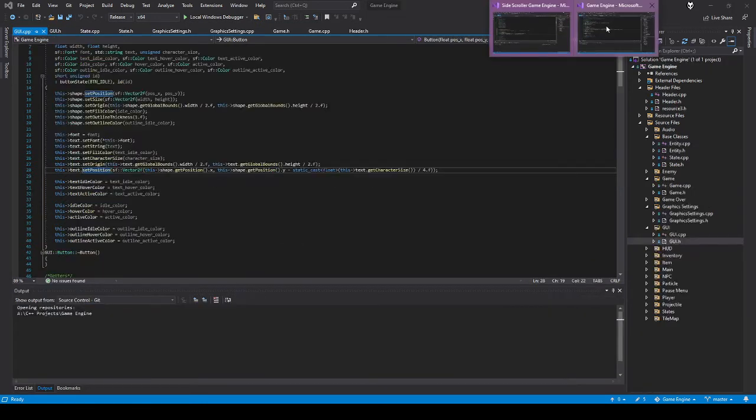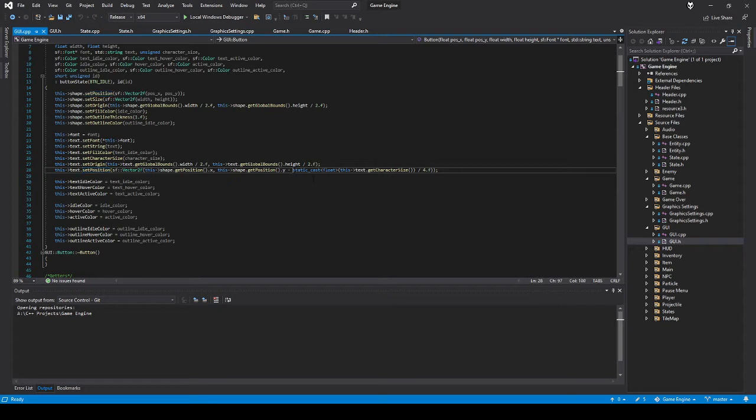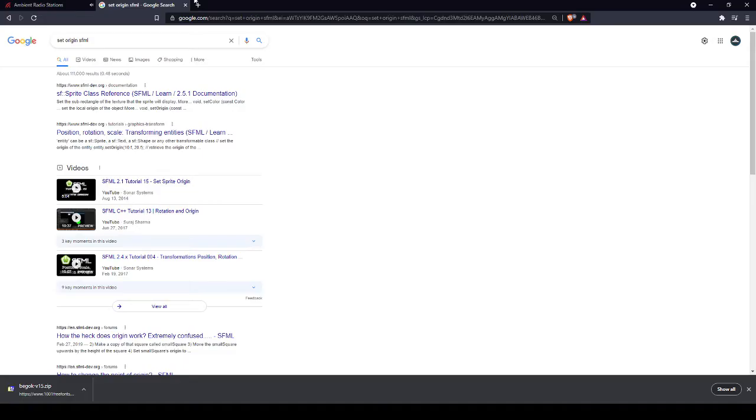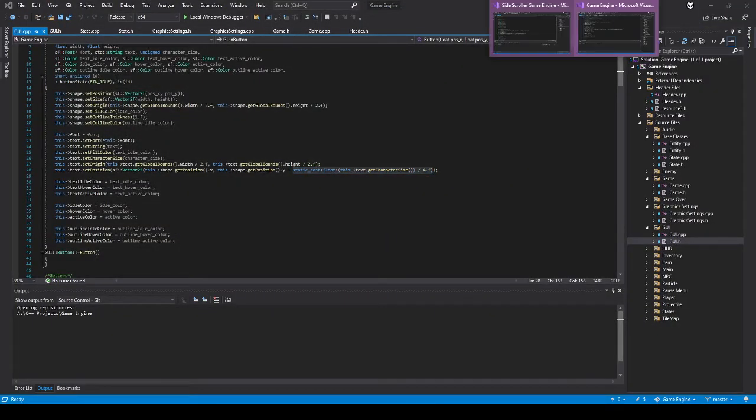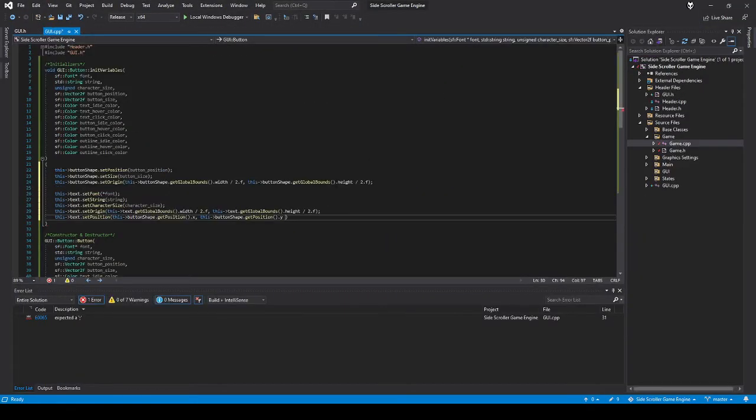And yeah, you got to subtract it by the text character size divided by 4. And I found 4 to be the number that works, essentially. So I could do this, text character size divided by 4. I just got to copy and paste that in there. All right, so now that I know what it is, I'll go ahead and write it. So minus static